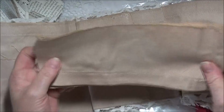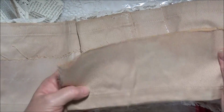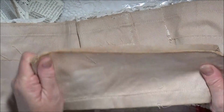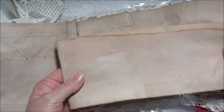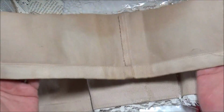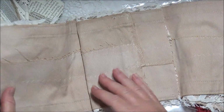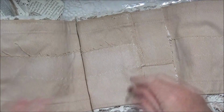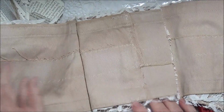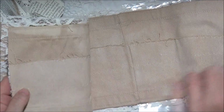because he paints houses and things like that, and they were too long for him, so I cut all the ends off his pants, and I had about 6 of these, and then I think I tea dyed them, left them in there, and they took the dye very well, and then I thought, well, what am I going to do with those? So what I've done is I've used it for a base because it's nice and strong, and I've just patched it all together, and it's going to be like that, opening up like that,